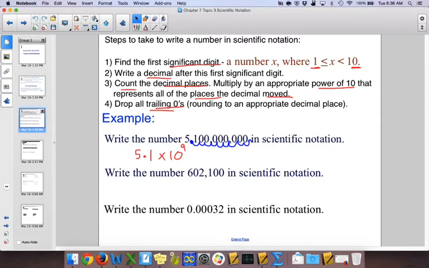Another way to look at it for large numbers at least is this number as a whole has 10 digits. Since I placed my decimal point one spot after the first digit, right here, I'd be able to just say times 10 to the 9th, because that's one less digit than what we started with. So you can count the loops, or you can count the number of digits initially to help you figure this out. Second one, so this one's going to be